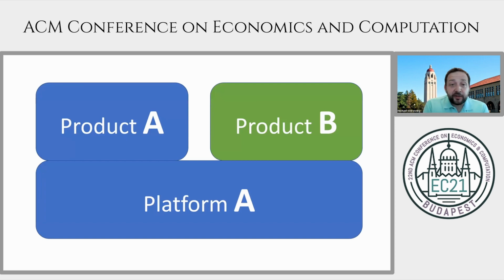And the specific environment is indeed quite common. The issue here is that we have a platform A, and there is a product owned by the same firm that owns the platform A, and there is a competing product, product B, that is independent. And the question is, how can we ensure that products A and B compete on equal footing and are not advantaged by the tying between platform A and product A?